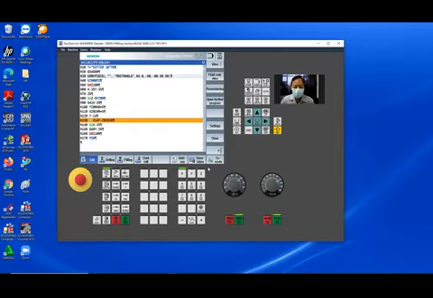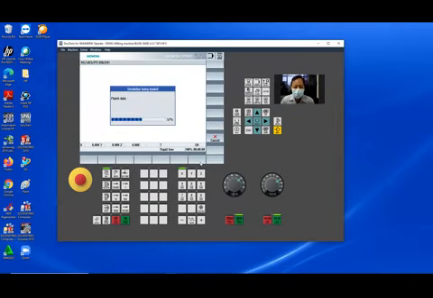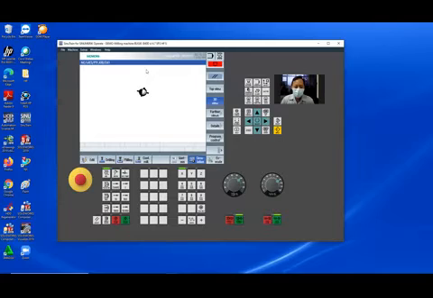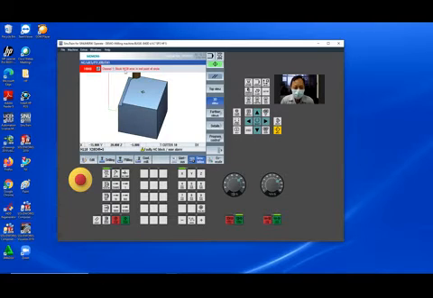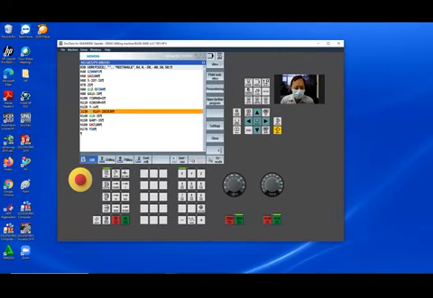Okay, and simulation again. Now we have alarm and we have number 130. You check 130. Oh, this, I did mistake here. The correct is with minus 6. Okay, simulation again.